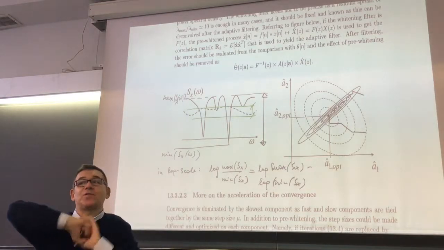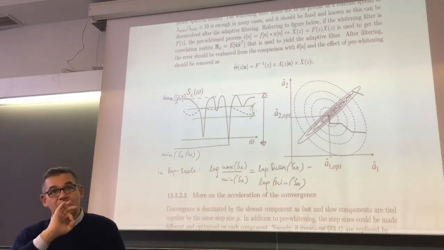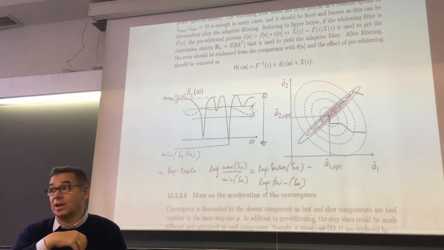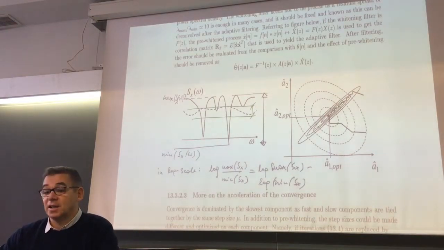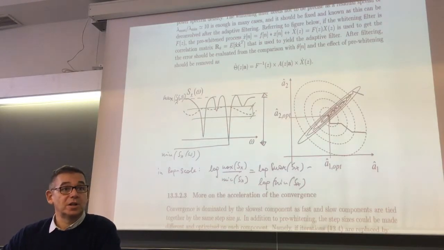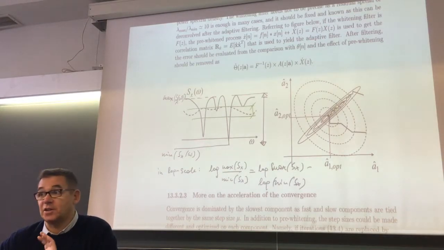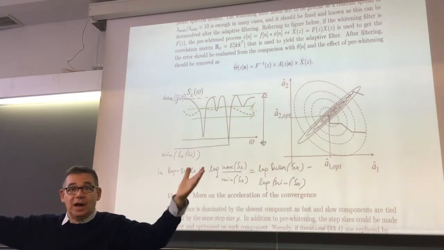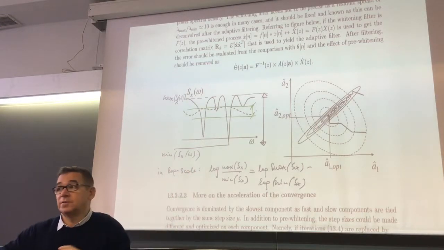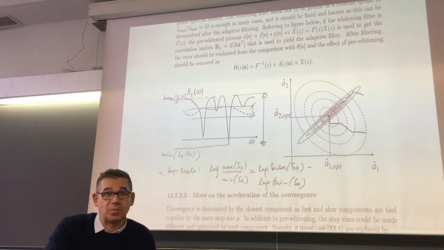You don't need to make a perfect filter. For the zero cancellation, you need a perfect pole, and it might be time consuming. But it's enough if you get a kind of flat power spectral density. Now this is called a whitening filter. So you can make a whitening filter. The whitening filter is a filter that creates the inverse of the filter itself. Because if I cascade the filter with the whitening, I get a white process at the end. Remember, white is not only the noise, white is the process. It's a property of the process.